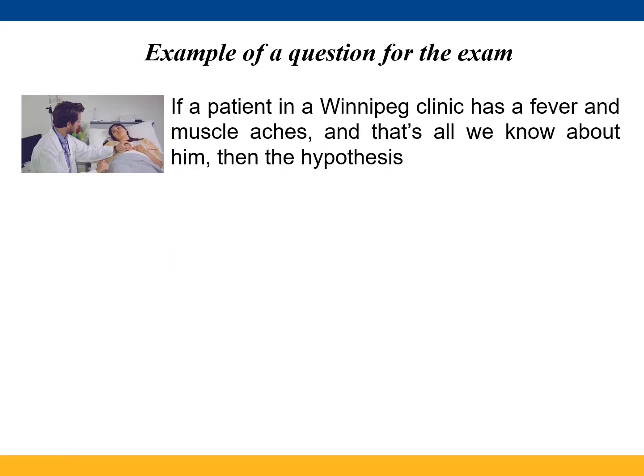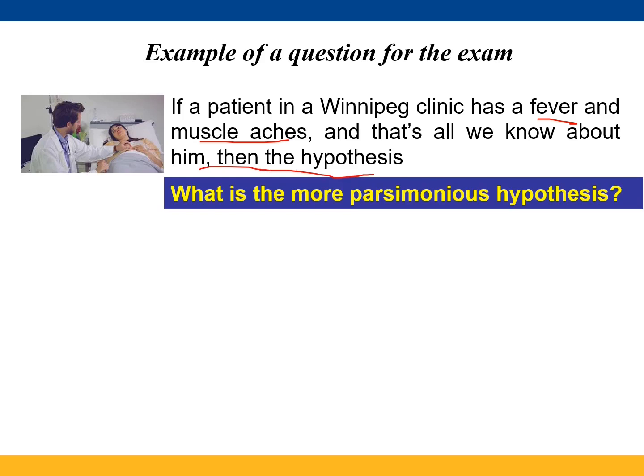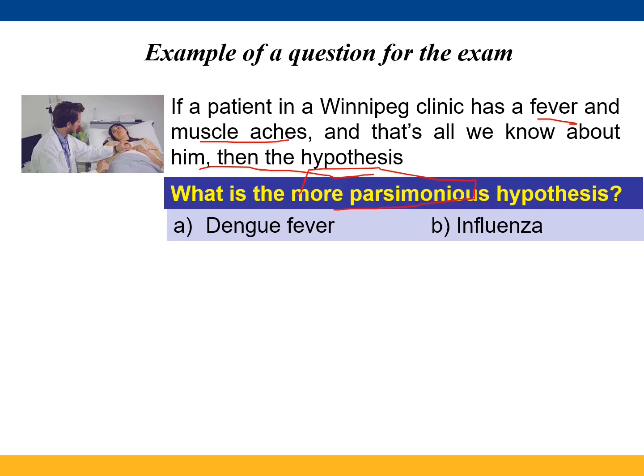Imagine that there's a patient in Winnipeg, and these are the symptoms: fever and pain under the muscles. What do you think this person has? And you use this: what is the most parsimonious hypothesis? In your diagnosis, does this person have dengue or just influenza, a normal cold? Okay, so based on what we said,